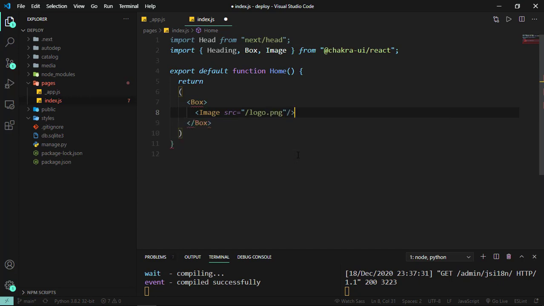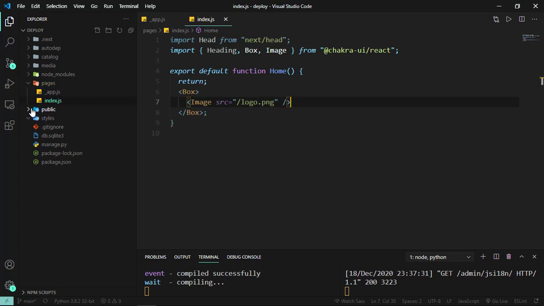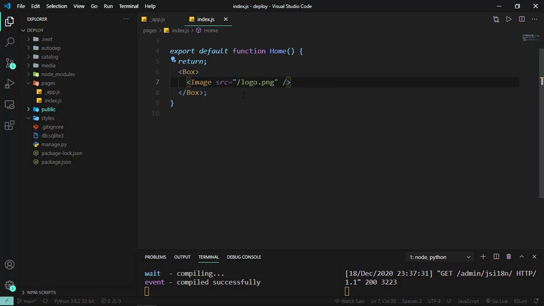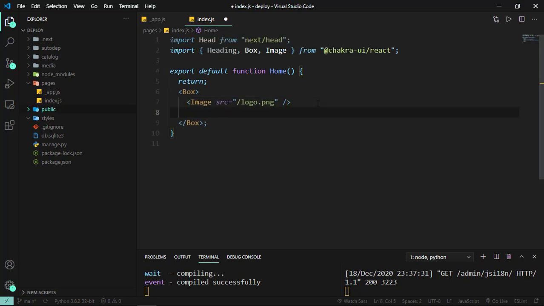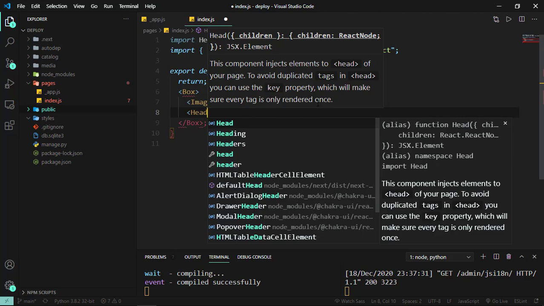logo.png, and that is going to work since all the files that you put inside your public folder, as I said before, will be publicly accessible. So for any route that you go to on your domain, slash the image file, let's say if we go to localhost slash logo.png, we'll see that image popping up in our browser. All right, so we're going to return the image,